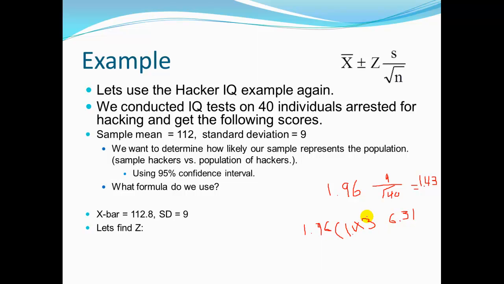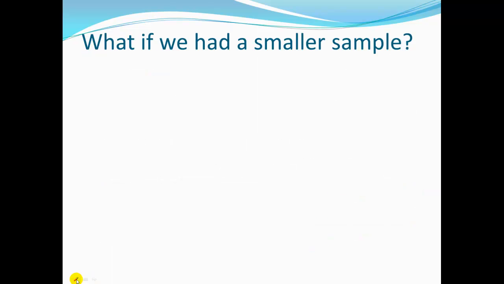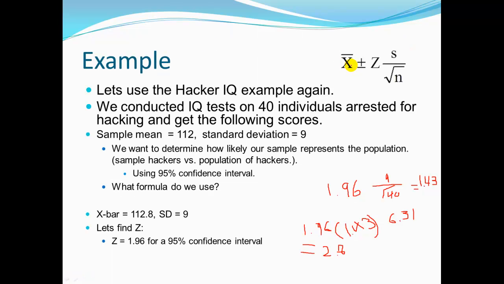Times 1.43, and for that we would get, let's see, 2.8. Now we know Z is 1.96. After calculating everything there, we get 2.8. So now what do we do? Well, we would just take our mean and subtract 2.8 from it, and then also add 2.8 to it, and